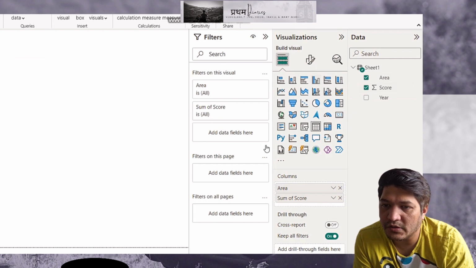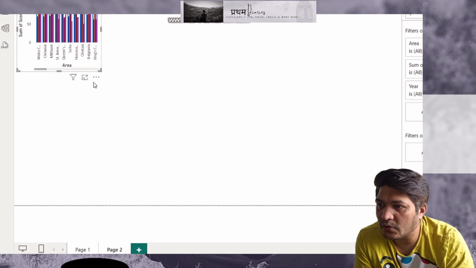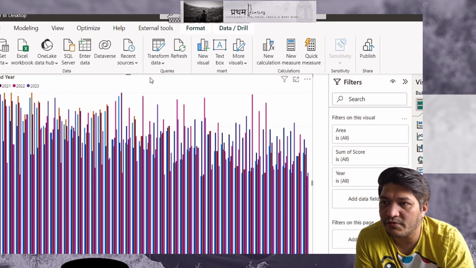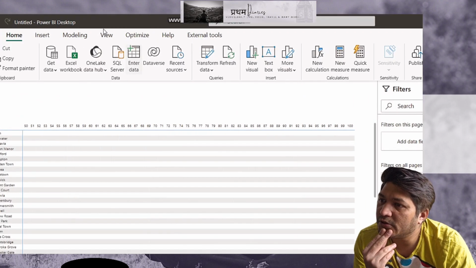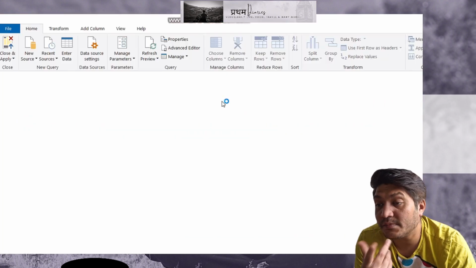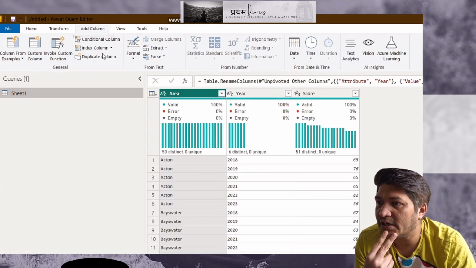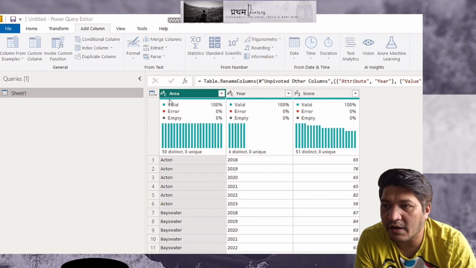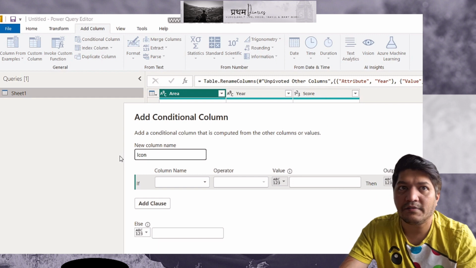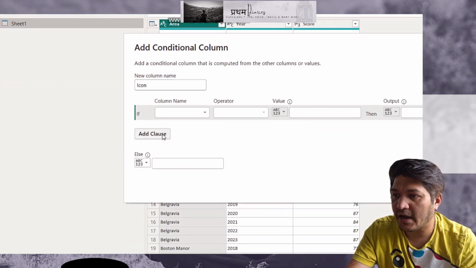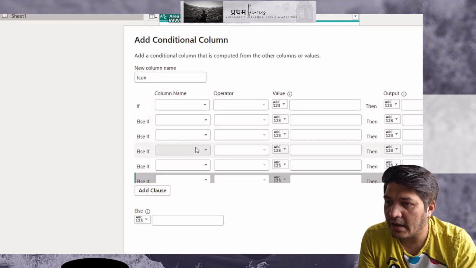And if I do a visual here, and if I add the year here, it is not going to make much of a difference unless you apply a filter. But we wanted to show something which is straightforward. So what we did here was, we thought about creating a custom column. So 2 custom columns I created. So I created a conditional column here, and I wanted to use some sort of icon. So I say this is icon, and with the icon I say, okay, I have 6 years, 2, 3, 4, 5, 6, and did a year,